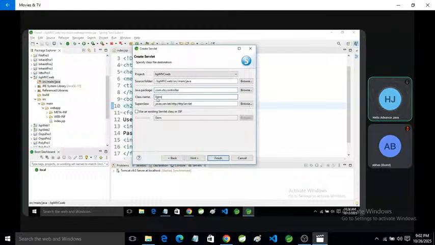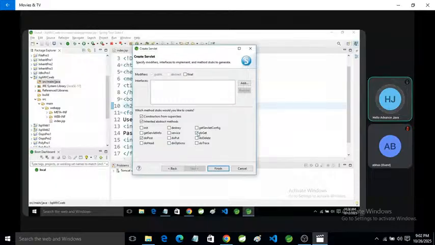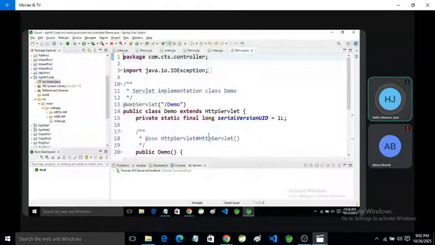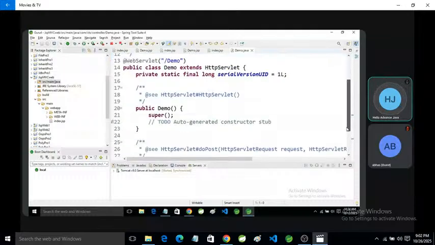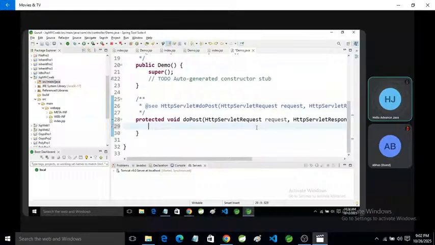It's a demo. Click on next. Remove the selection of duplicate. Currently I'm using doPost.